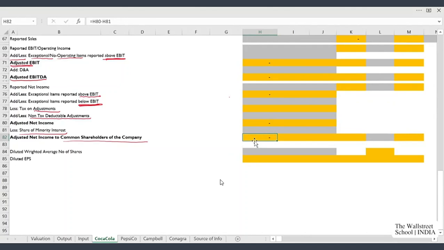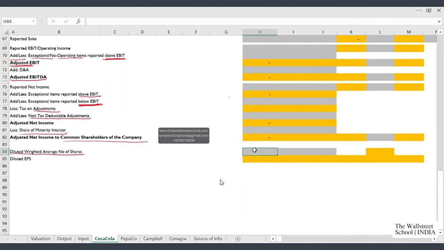Now friends, this net income is available for my common shareholders, and on the basis of this clean net income, I'll calculate my clean EPS, which will be total net income divided by the diluted weighted average number of shares.